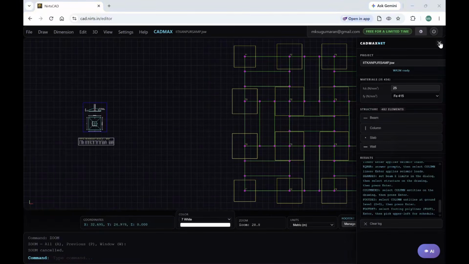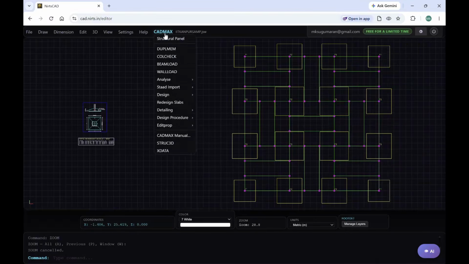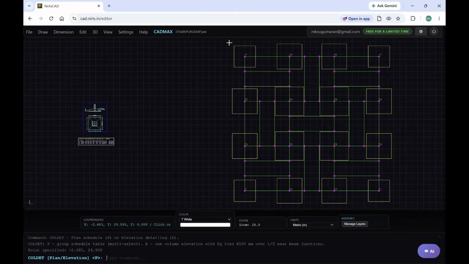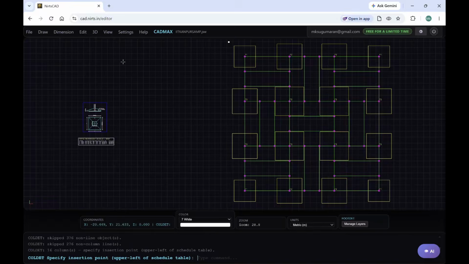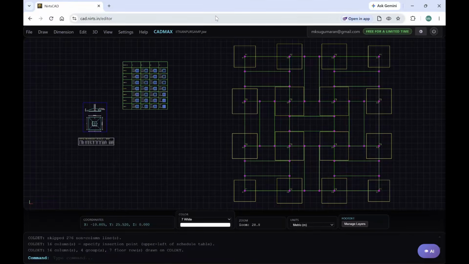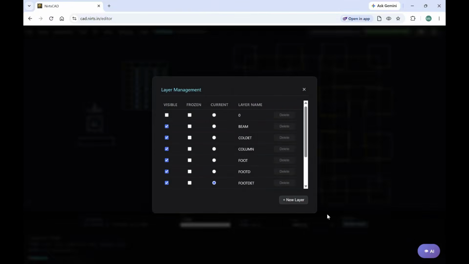Now select Detailing and COLDET. For select objects, select all by window and press enter. Specify the point to place the table of column detailing. The column detailing will be drawn neatly grouped as C1, C2 in order, and the same details will be written in the plan also, with F1, F2 for footing and C1, C2 for column groups. Now make the layers COLDET,